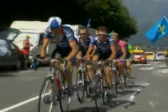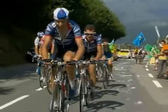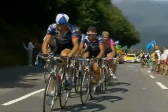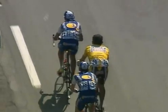Look at the face on Sevilla. They need to stay in this group. Armstrong talking to his troops there, Phil. He's egging them on. He's encouraging them. He's telling them exactly what tempo to set. Well, wait for it. In the next 3 minutes, Lance Armstrong will be in the maillot jaune of the Tour